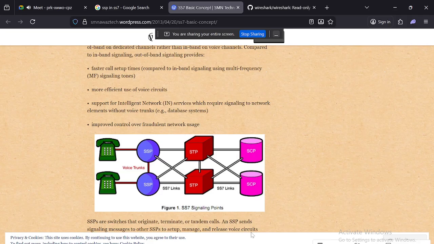When it comes to subscriber management, it handles subscriber authorization, class of services and billing information. Like if you have taken a prepaid or a postpaid SIM, there may be some type of authorization. For example, you can set your own PUK number on your SIM so that nobody else is able to unlock it. So SS7 has some features for subscriber management.